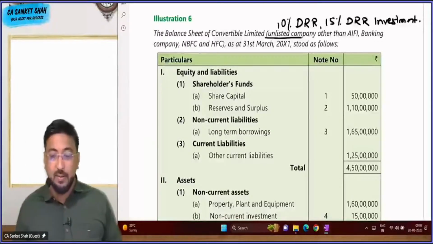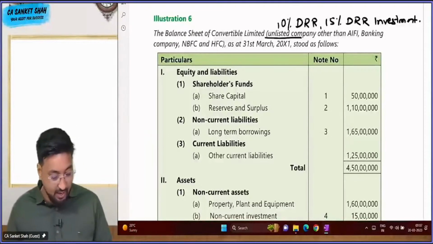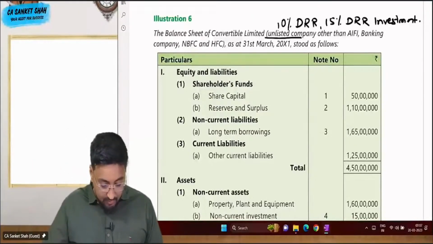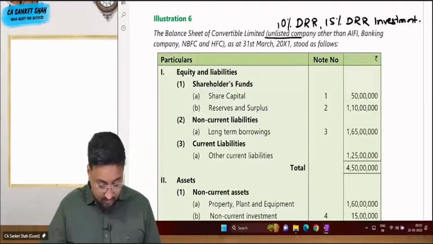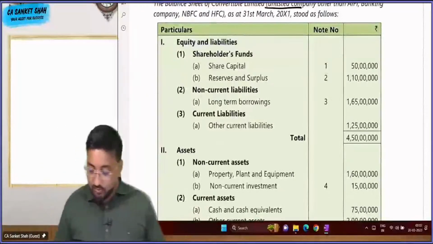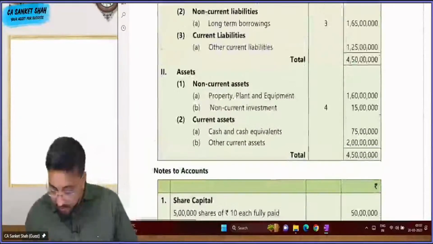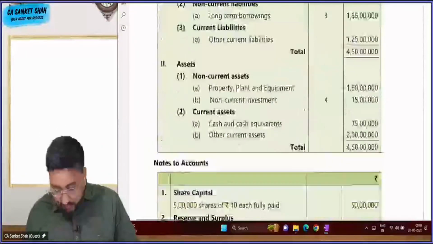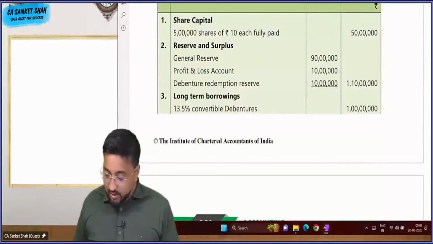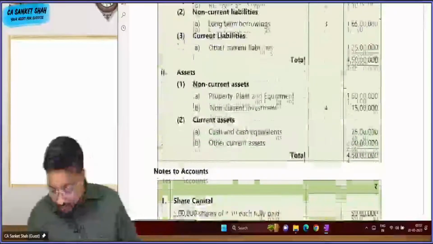10% DRR, 15% DRR इन्वेस्टमेंट। सर समझ में आया, इट्स वेरी सिंपल नाउ। Yes, then as on 31st March 2001 stood as follows, शेयर कैपिटल चाहिए अदर सिर्फ, हाँ 1,65 लाख। एक काम करेंगे, लास्ट के 3 zeros उड़ा देंगे। देन 5 lakhs, 10% जनरल रिजर्व, P&L, DRR, DRR दिया है क्या, यस बेटा DRR दिया है।